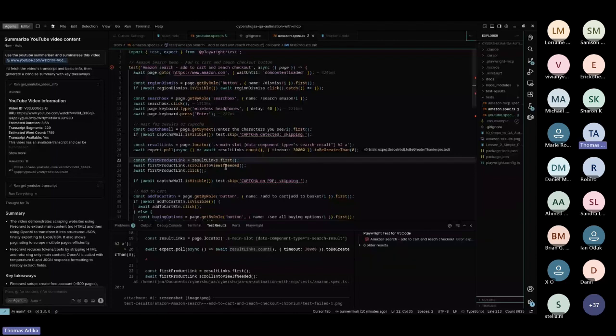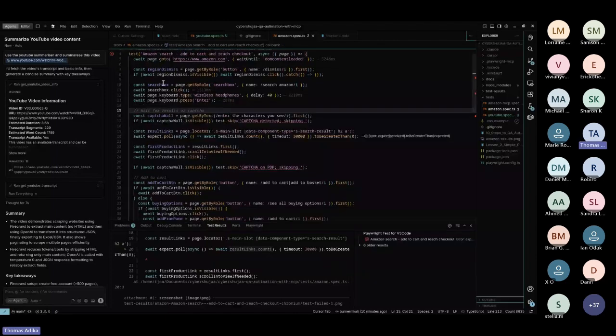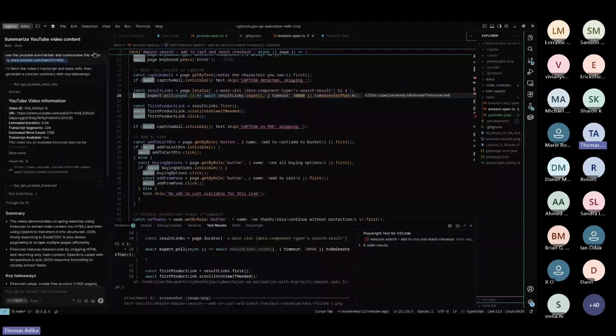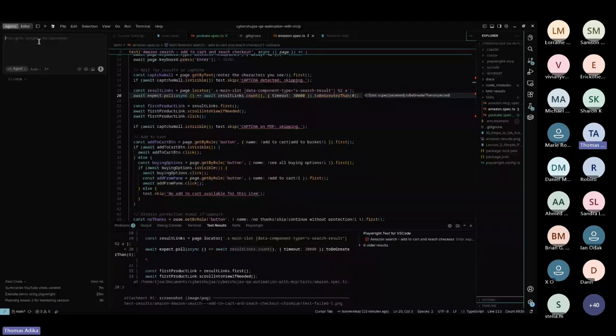So I have two options. I can scroll through, go to line 20, and it even tells you the error: expected to be greater than, etc. Or I can create a new chat, come here and tell it, okay,